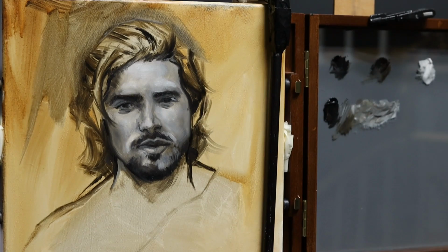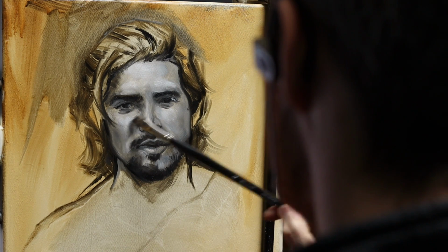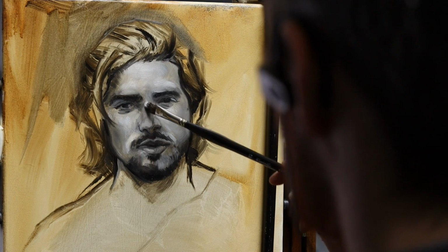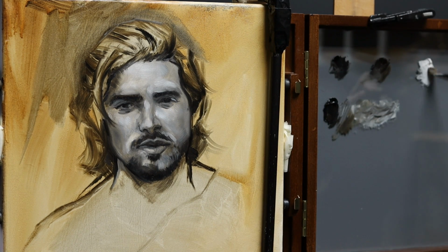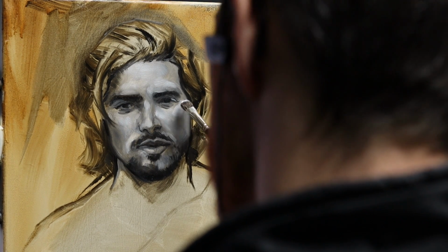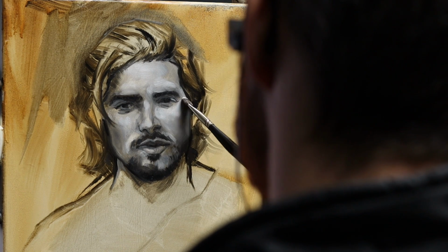and if you've been watching my videos for a while, you know that I'm always repeating it. Values are the foundations of realistic painting. You can see in this demonstration how I slowly start to incorporate values into the picture, first adding white in the highlights. At the moment, I'm using very little paint, adding matter very slowly, little by little,